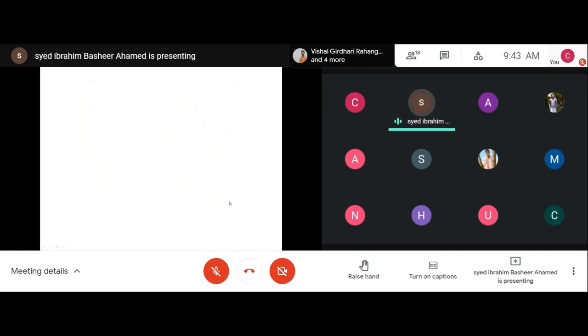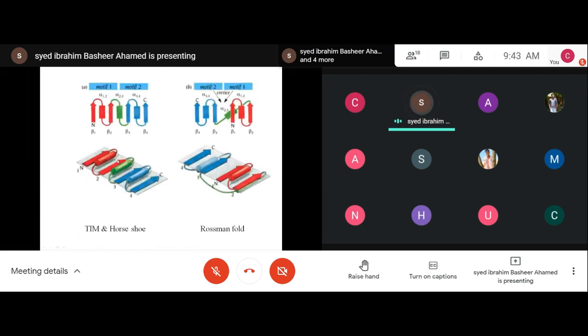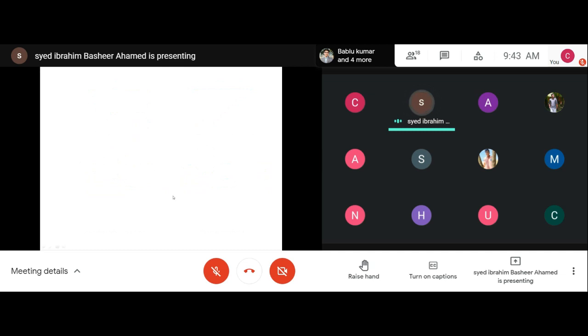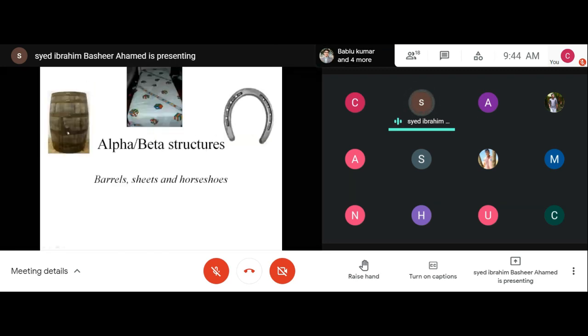Okay, so here we are going to see closely the structure of all these three structures. First we are going to see the TIM barrel structure. This one is an open twisted sheet. Don't confuse it with the TIM barrel. It's an open twisted sheet; this we will see later on. All right, so here you can see a TIM barrel structure. The beta strands are forming the barrel structure. If you see here, the entire barrel is made only of beta strands.